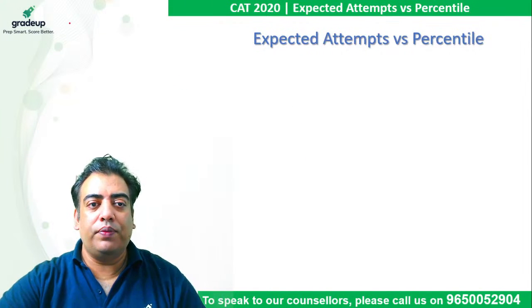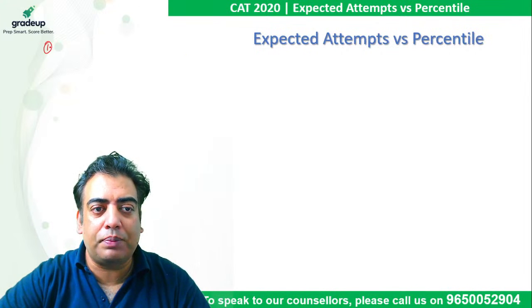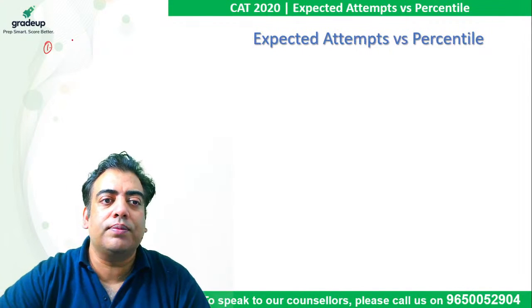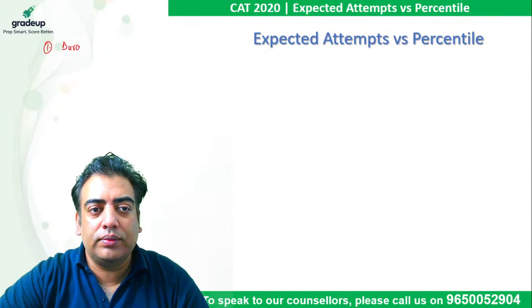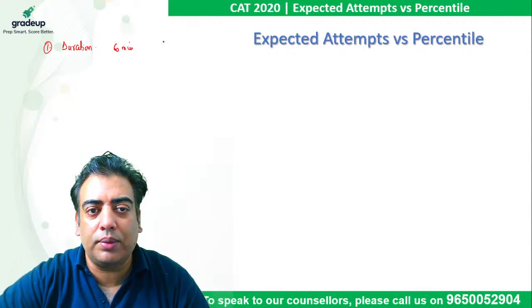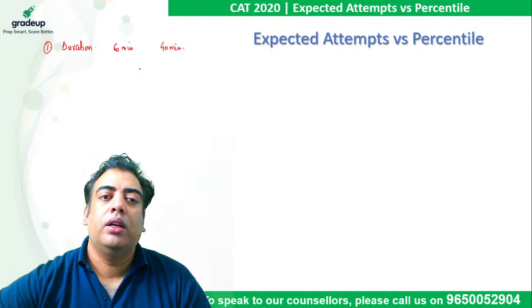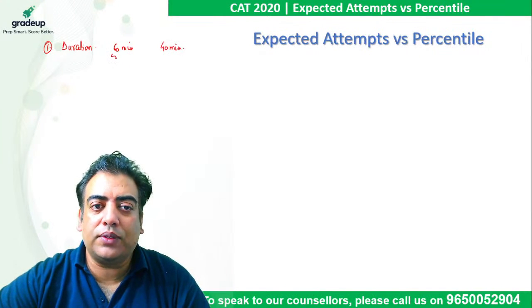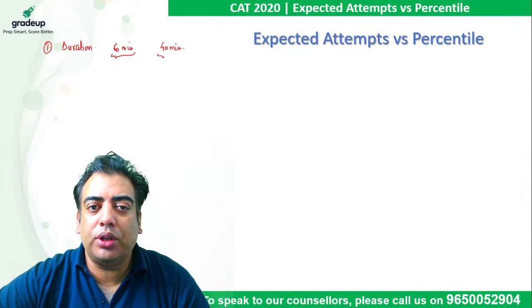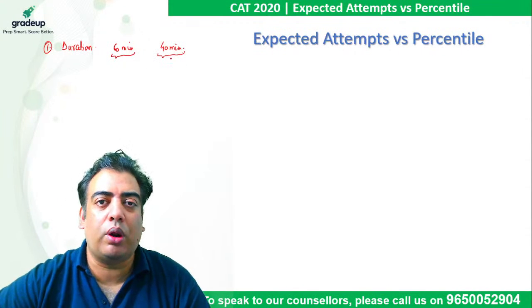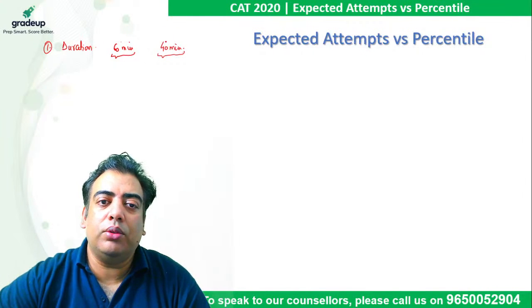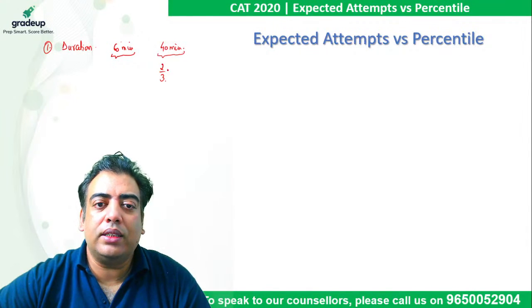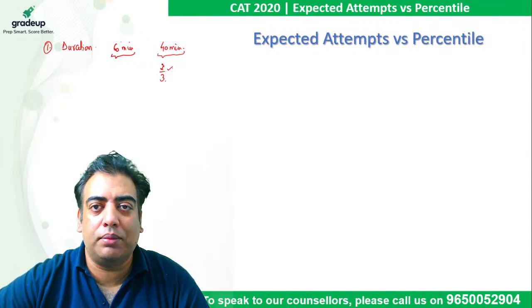Point number one, if we talk about previous year CAT papers of last around 4 or 5 years, the duration was 60 minutes per section, which is now 40 minutes per section. Irrespective of the total number of questions per section, this figure will definitely ensure that the number of questions that you can solve changes, because the time has reduced to 2/3, right? We are having only 2/3 time. So I will consider your attempts will be more or less the same.